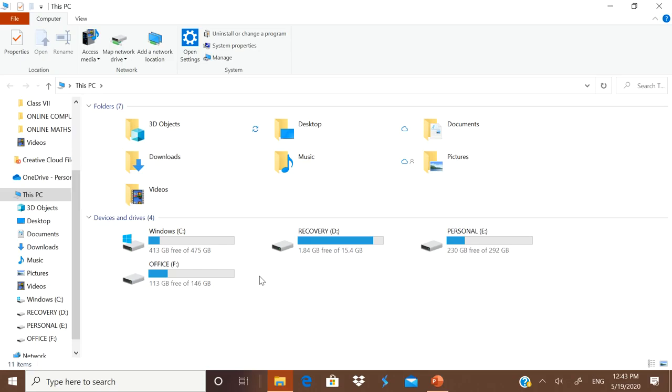Out of all these drives, C is reserved for the operating system. All of you know that the operating system you are using may be Windows 7, Windows 8 versions, 8.1, or Windows 10. Therefore, the operating system files will be loaded in this C drive.